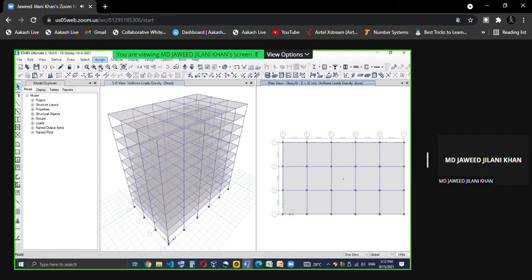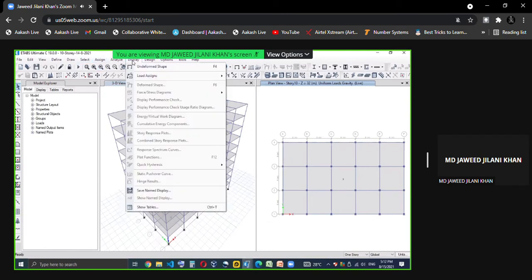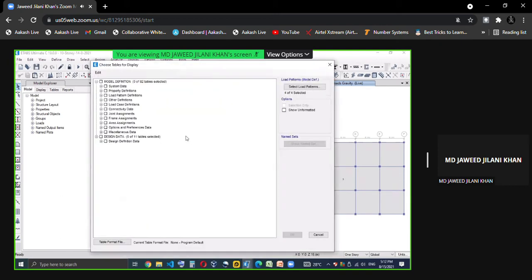So I'll go to display what ETABS has given. Let me go to show tables. Sorry, we need to go here to check the mass. We need to go for miscellaneous mass definition, mass.